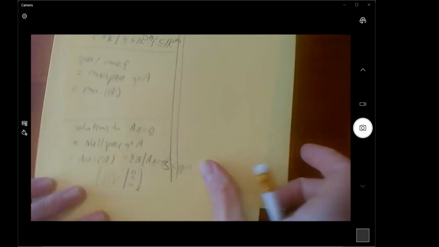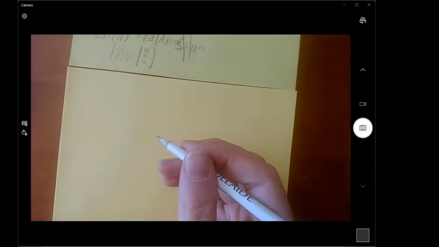And if you want to find a basis to something that's solutions to linear equations, you're going to have to chuck all the free variables in. And so it turns out that you can get all of the bases for these things from the reduced row echelon form. So if you've got your matrix A and you get your reduced row echelon form, and it has pivots wherever it has pivots,